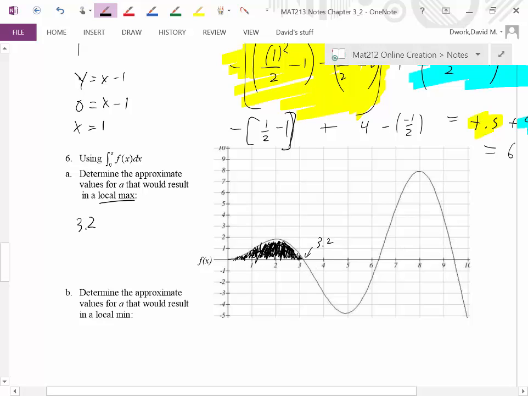Well, if you kind of imagine what's going on with your area, I'll do it here in red. I would start off with area 0, then as I go, I'd be getting bigger and bigger and bigger, and then at 3.2, I'd be leveling off. Then what would be happening? My areas now are negative. So my areas are going to be going down, down, down, down, down, up until I reach about 6.3, right? So for this next section, we're going to be going down, down, down, until we reach